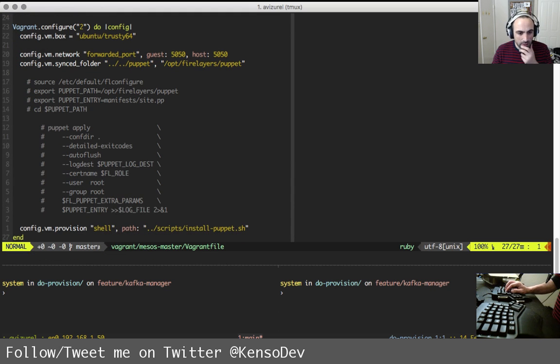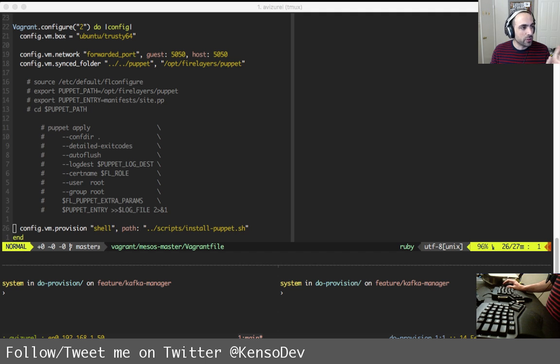So we can go ahead and continue, and then this is gonna install Puppet. And then let's do the provisioning path. But I think for now, this is okay. I mean, I don't really need more than that for now. I think I can go ahead and continue with installing.